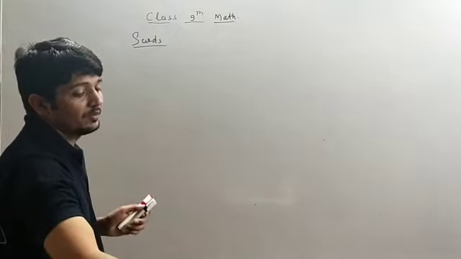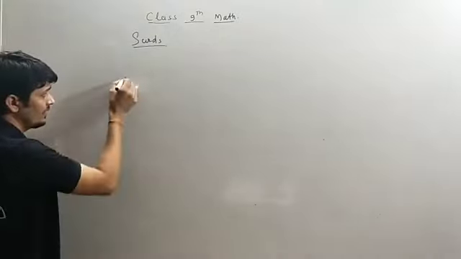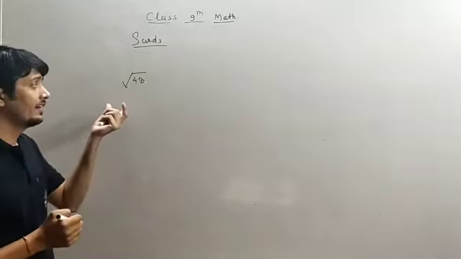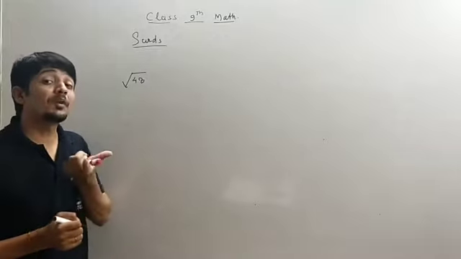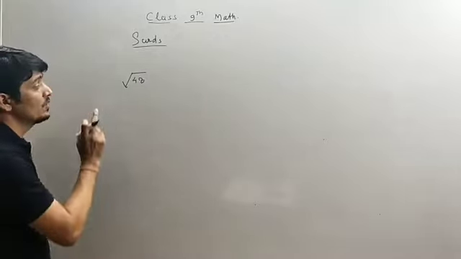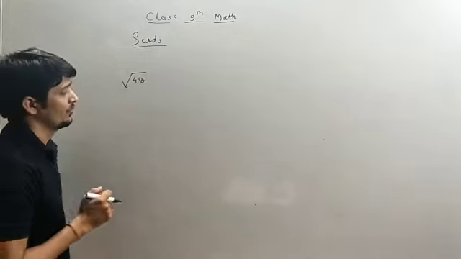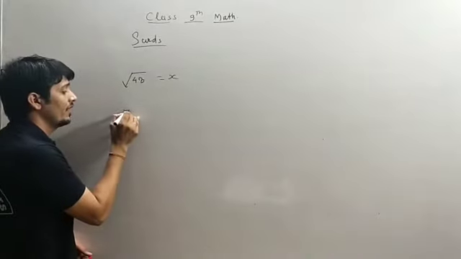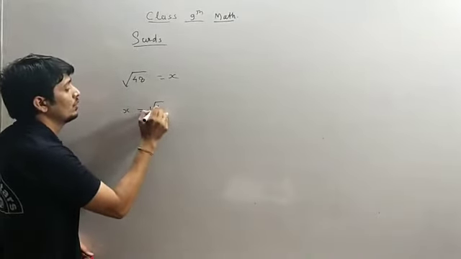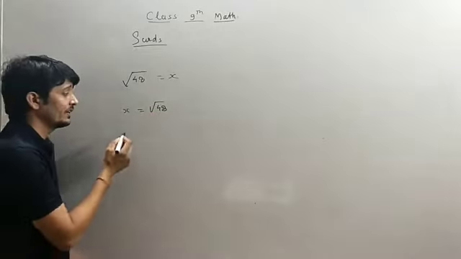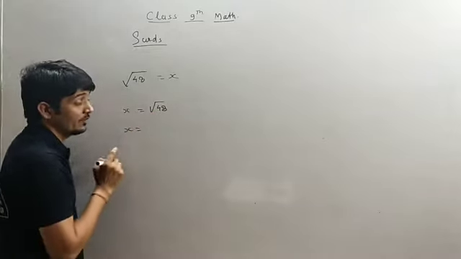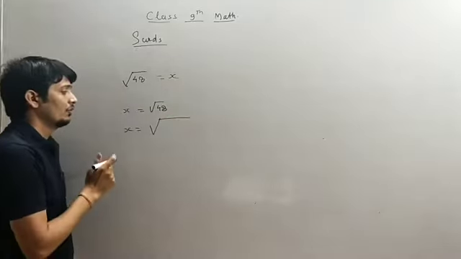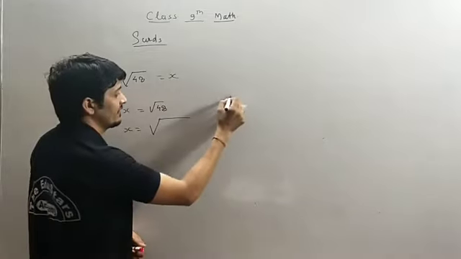The simplest form of a surd, like we have root 48. So root 48, अब ये सर्ड है, इसको हमको सिंपल फॉर्म में कन्वर्ट करना है. Converting the given surd into its simpler form. तो सिंपलर फॉर्म में कन्वर्ट करने के लिए हम क्या करेंगे, let it be equal to x. So we have x equals root 48. So x equals root 48, हम फैक्टर्स फॉर्म कर लेंगे. So factors of 48. फैक्टर निकालने की टेक्निक ऐसी है.